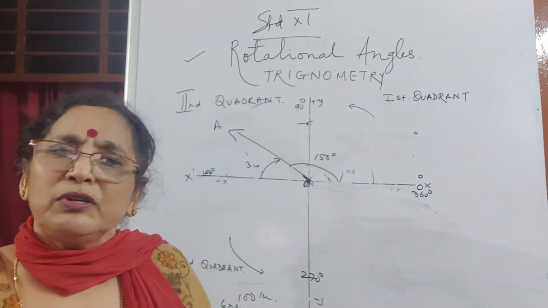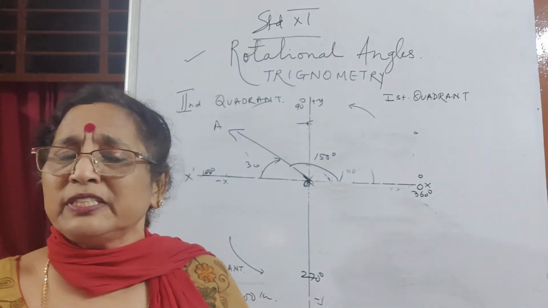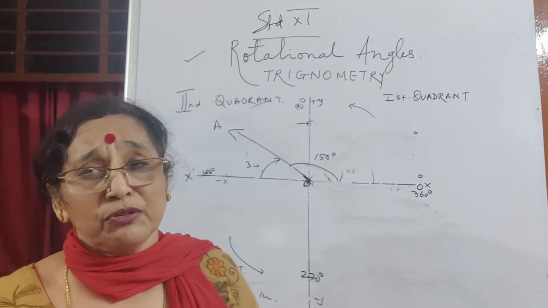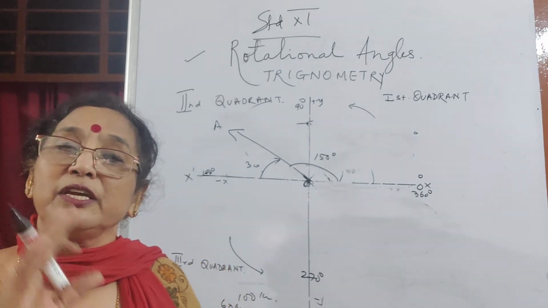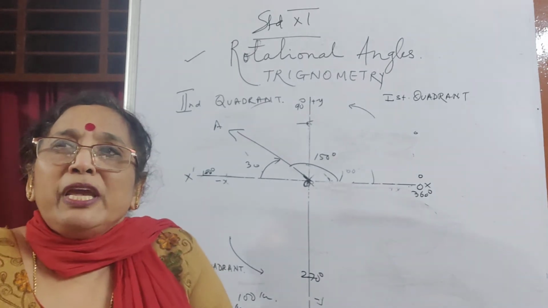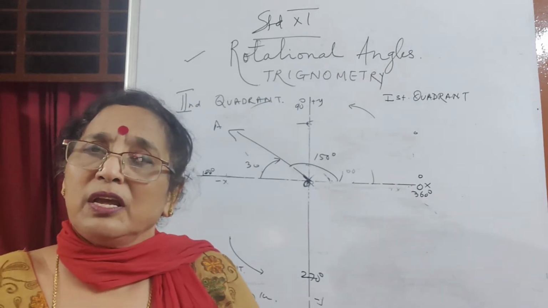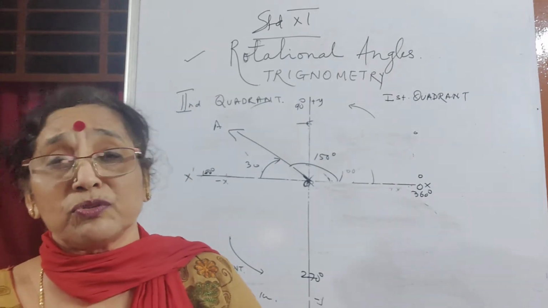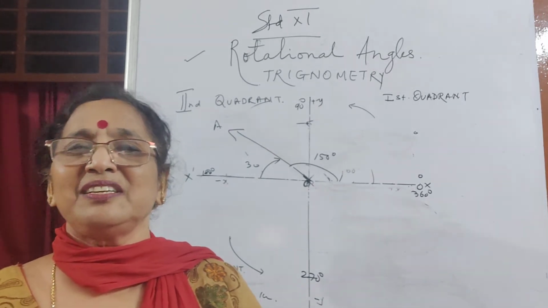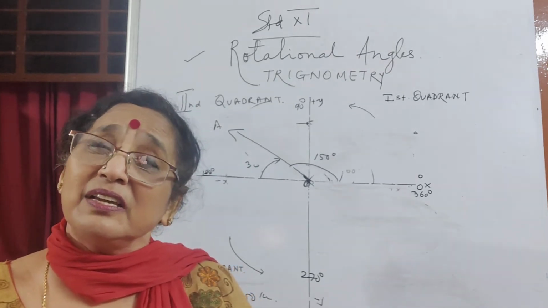So the first thing you understood: no problem if I have sine of multiples of 360, or multiples of 2 pi, where 2 pi is equivalent to 360 degrees. It is simply 0 degrees, meaning you come back to the starting point. There's no meaning in saying you have gone 720, you have made 2 rounds or 3 rounds, when you're standing again on the starting point. Therefore, the angular displacement is 0 degrees. That is why sine 360 is 0, so sine 0 degrees is 0. Cos 720 degrees is cos of 0.